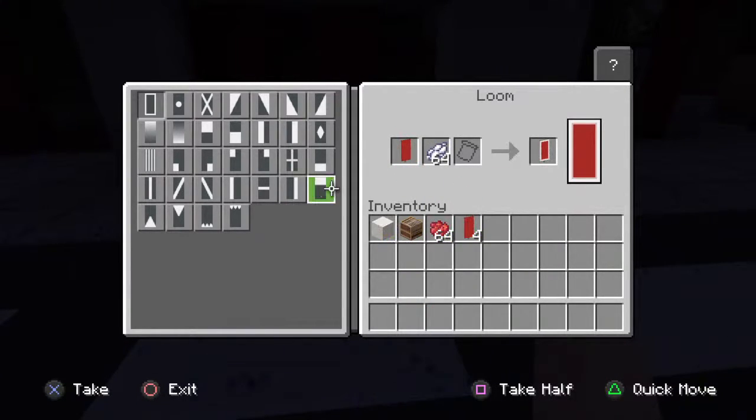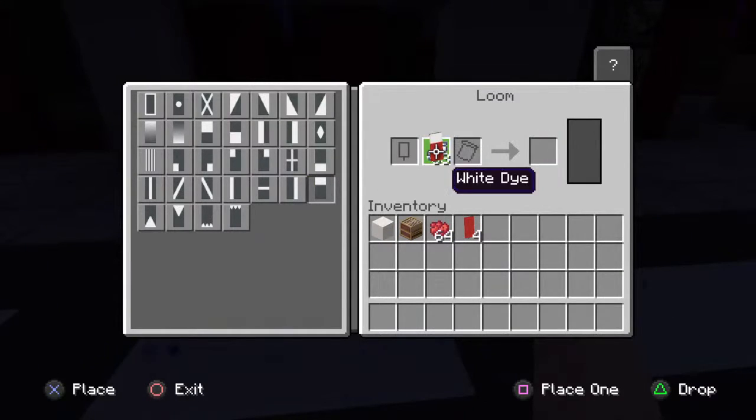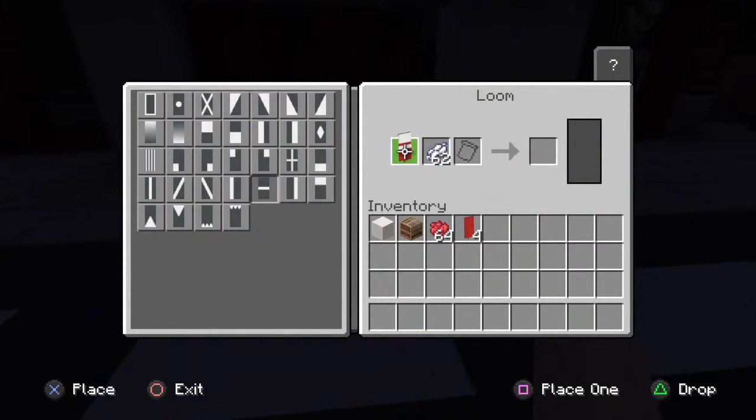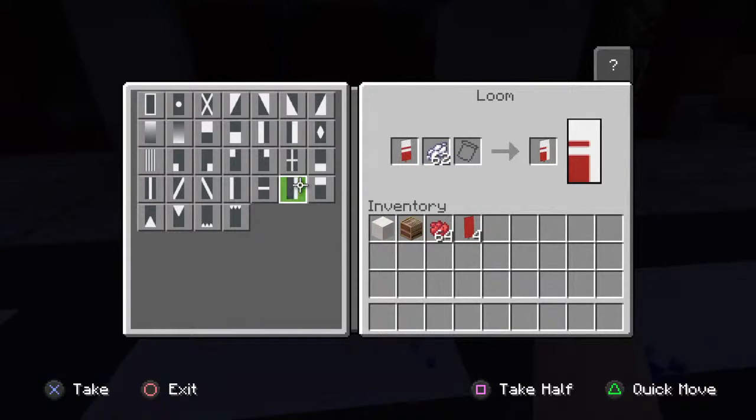do need to start off with just red banners, which are the only ones we have, and some white dye in there. So, horizontal row of white across the top, horizontal through the middle, and then vertical on the right and the left will make